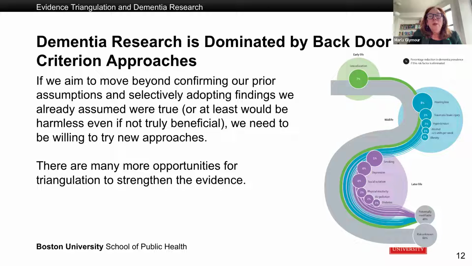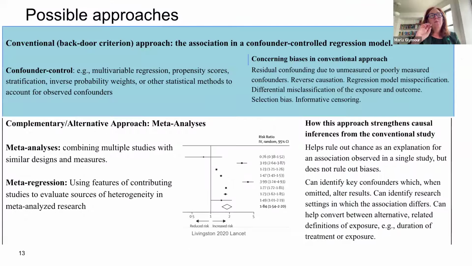So I think what's happened is we have so little confidence in many of our methods that we're not willing to take our results to the bank unless we already agreed with them before we did the science, and we think that the results are either harmless or would be beneficial for other reasons. This is, of course, not a great situation for science if we want to actually discover ways to prevent dementia. And I think an evidence triangulation approach can help us a lot with potentially ruling in or out these various risk factors. I want to go briefly into some specific categories of approach that people do.